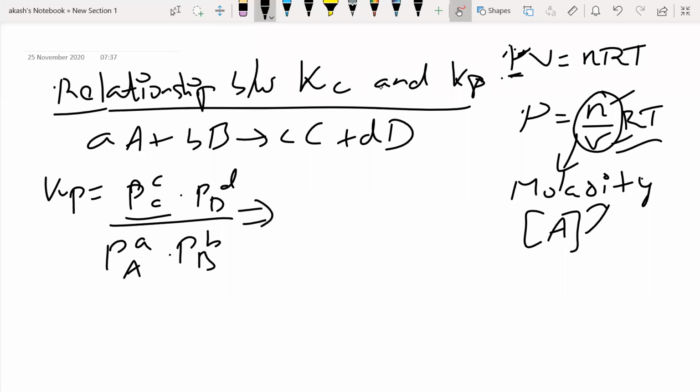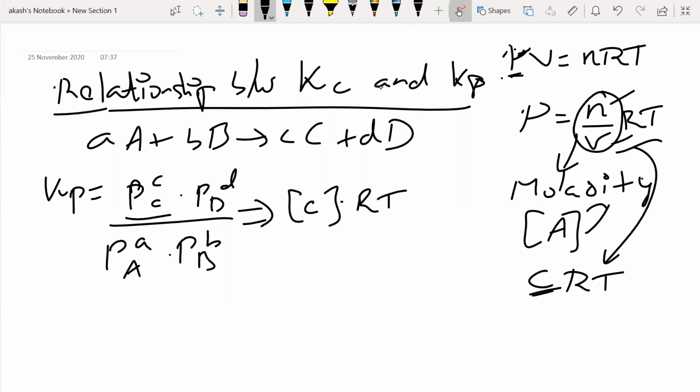Now this same equation, I can write it as, now it's Pc, now C is here. So I can write it as concentration of C into R into T. n by V becomes concentration or molarity. So the bracket C represents the concentration and molarity, into RT, because for every pressure you are going to write in terms of n by V, or C into R into T, the whole thing power c.